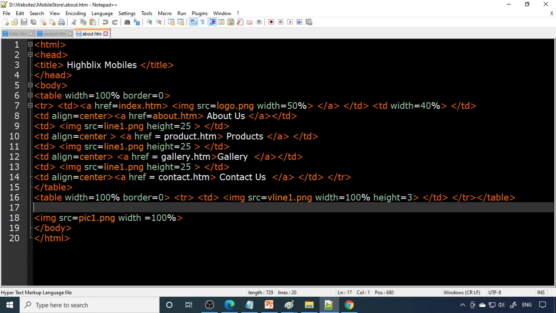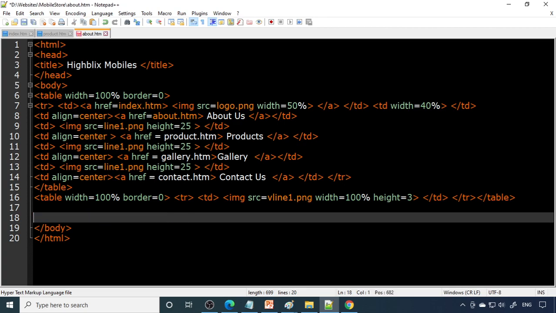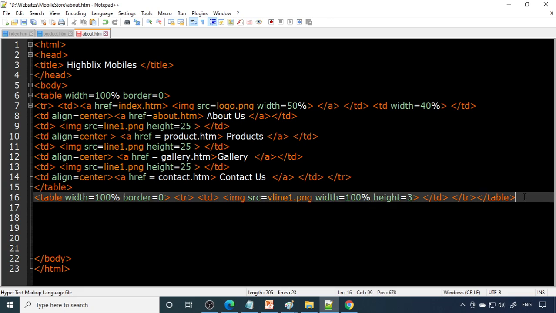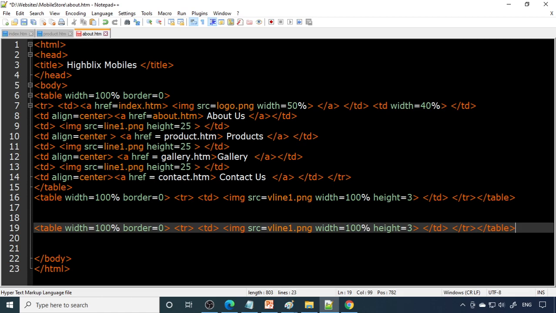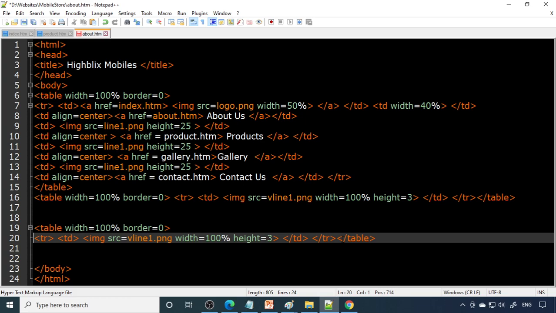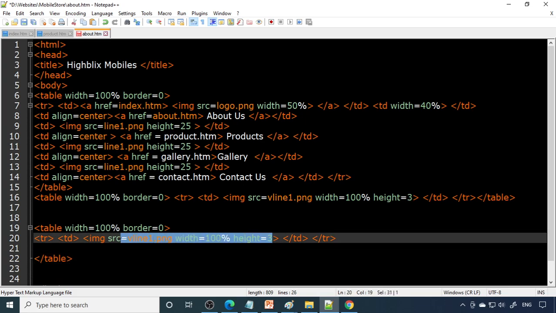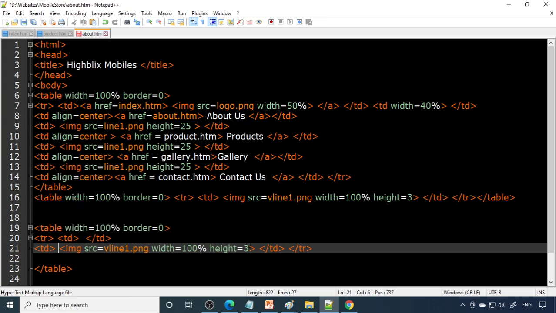So here instead of this picture, we need to write the about us code. Fine. So what I'll do is I'll just take the table as it is. So this is a table. So now I'll take out this picture. Okay, let the picture be there. Here you can say slash td, then td image. So we want some more pictures, so about some mobile phone.